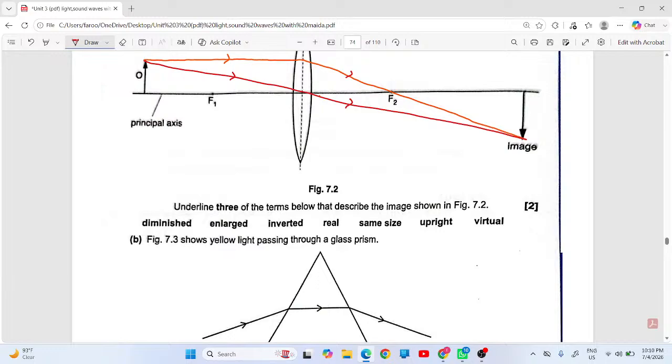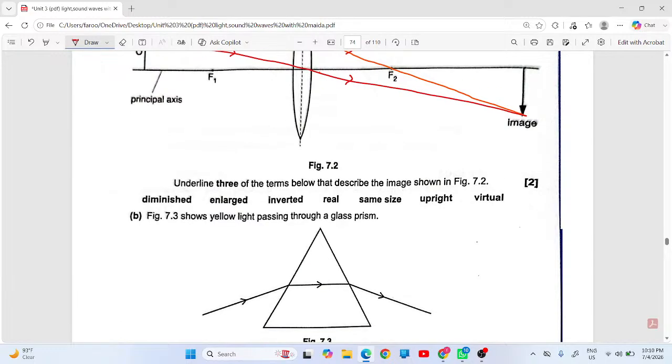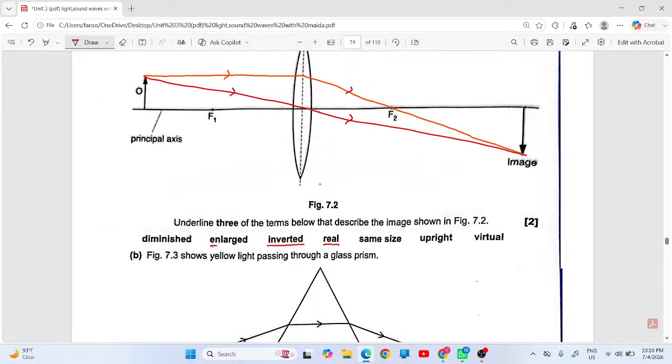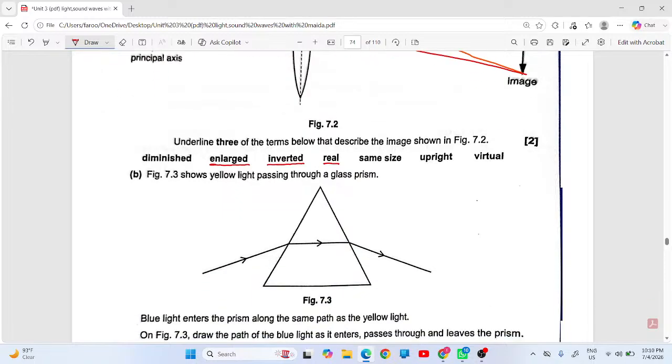Underline the three terms below that describe the image shown in figure 7.2. अब बताएं इसमें क्या है? The image is real or virtual? Sir, real. Real, upright or inverted? Sir, inverted. Inverted, उल्टा बन रहा है ना? And enlarged or diminished? Enlarged, as compared to the object. Next, again,